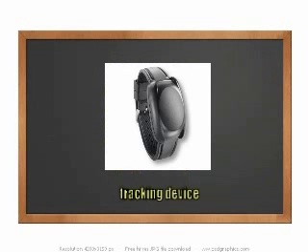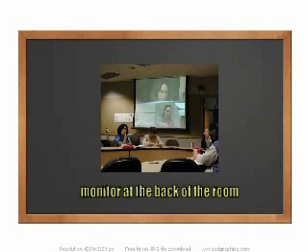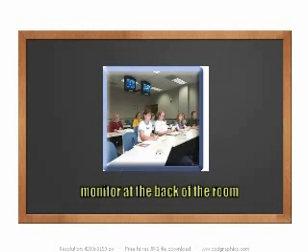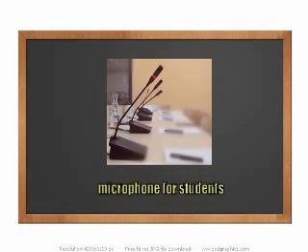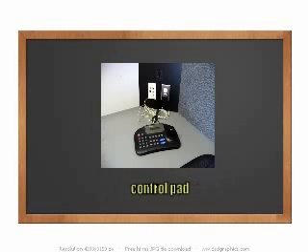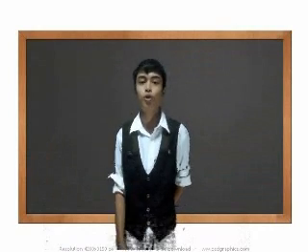The teacher usually wears a tracking device so the camera follows him or her around the front of the room. In back of the room are several monitors that enable the teacher to see the students at the remote sites. There is a VCR attached to the front of the monitor for both recording and playing purposes. At each student's desk, there is a microphone and a control pad that moves the camera towards the student when he or she activates the microphone.